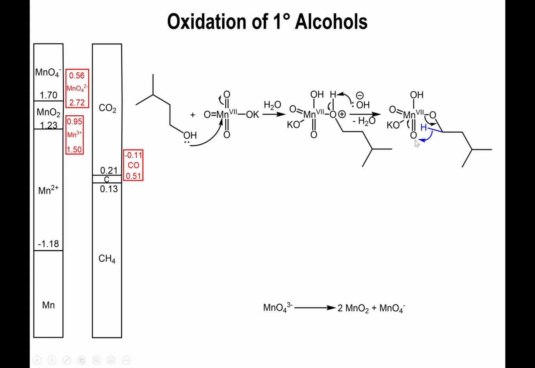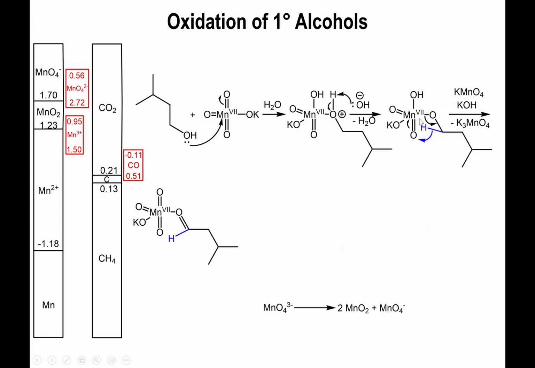And at the same time that happens, the electrons on the manganese are being dumped into the manganese, reducing it. At the same time, the carbon right here becomes electron deficient because the moment you remove that CH bond, this carbon now has less than 8 electrons. In order to make up for that, the bond between the oxygen and the manganese of the alkoxide is moved over here to produce a double bond. And so what ends up happening is that now you produce your aldehyde. All right, now,